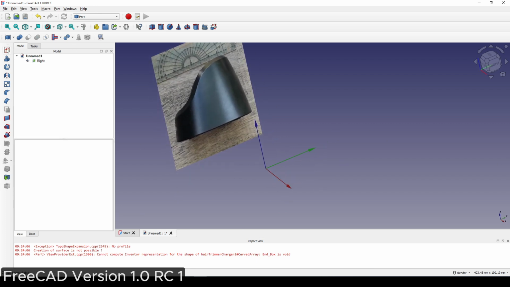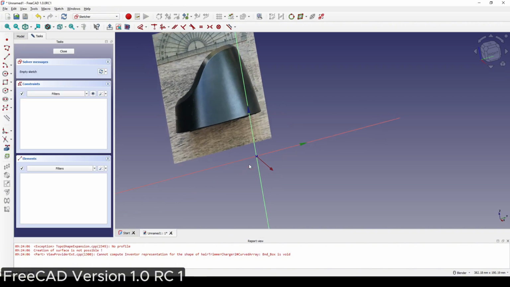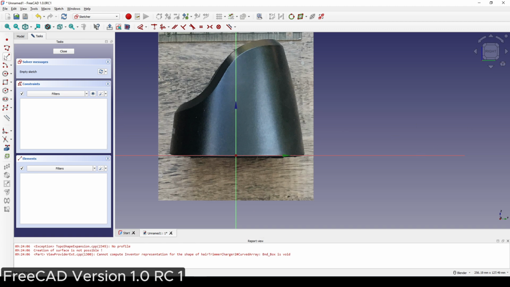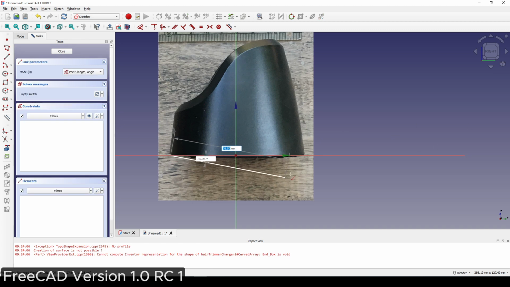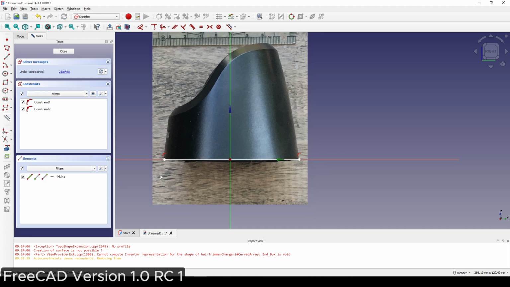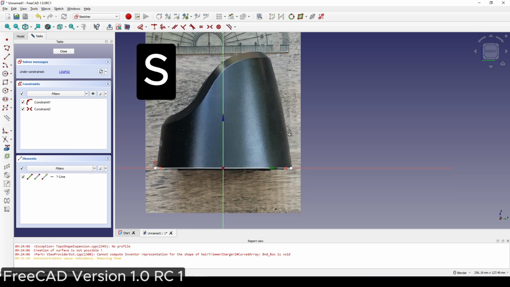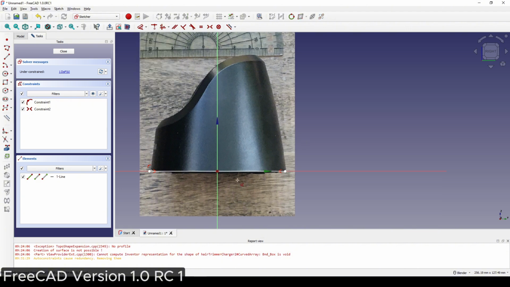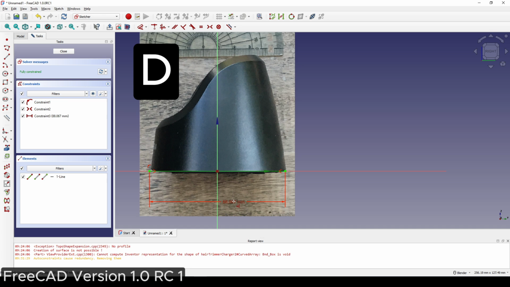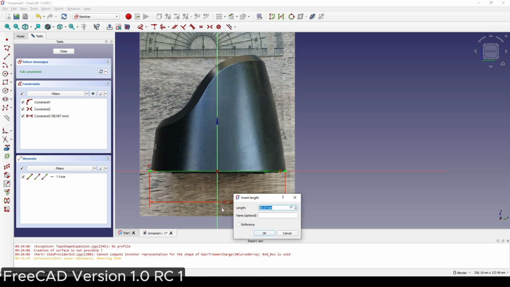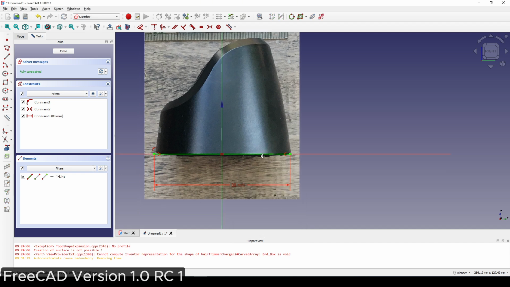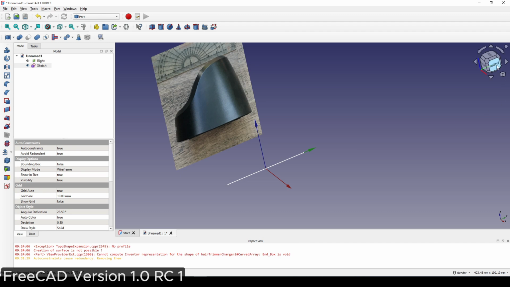Next I create a sketch in the right view. And I create a line. Select these 2 points and the center line and hit S for symmetry constraint. I hit D and set the distance here to, let's try 88. Close. Now go back to the right view